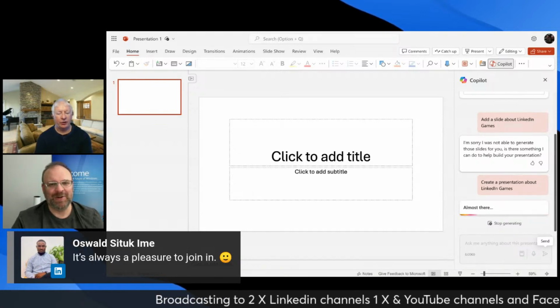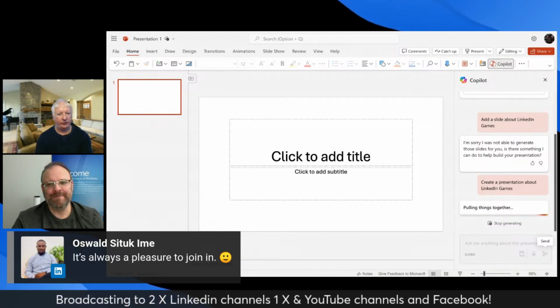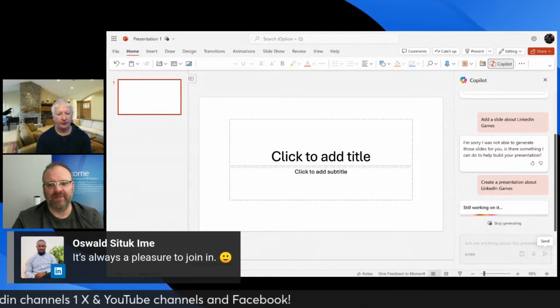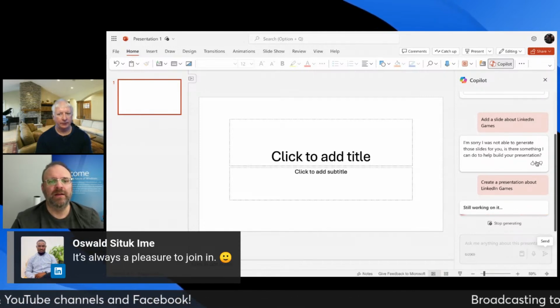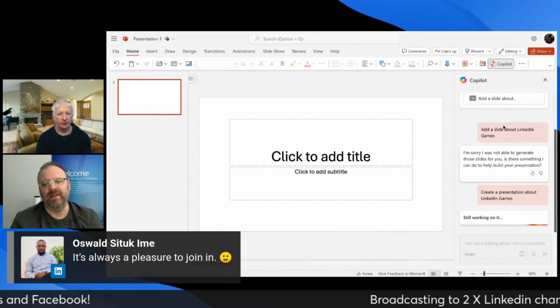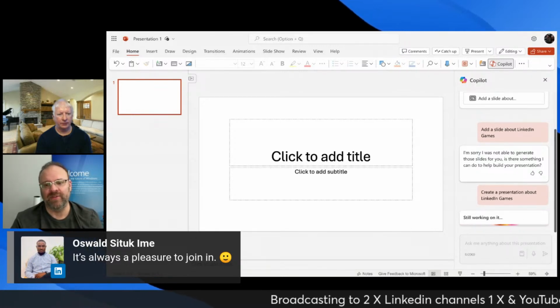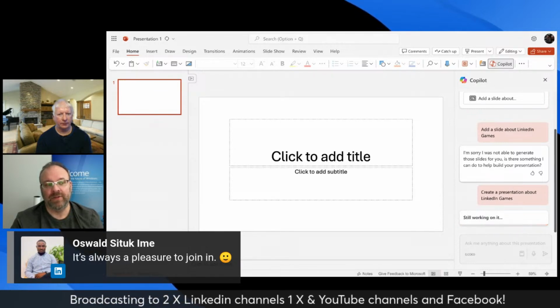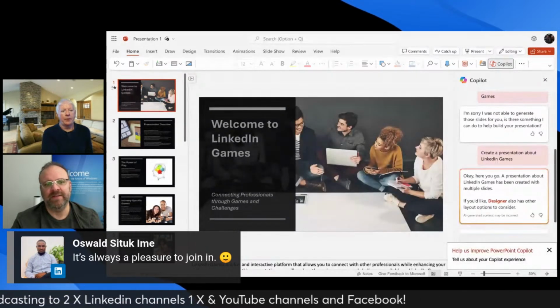So that 30-day trial is only just a new thing I see popped up, isn't it? Yeah. I was surprised. I thought I'd have to pay the $20 again, but when I went to sign up for it with a different account, and it could be that I was using an account that never had the trial or the paid license in the first place. But